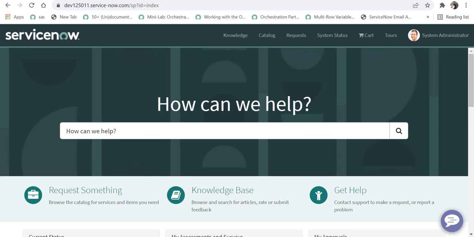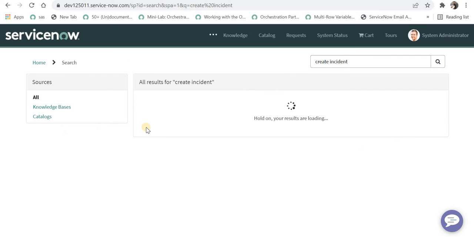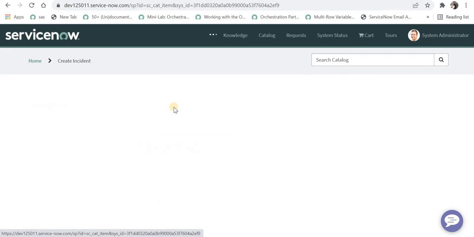This would look like this out of the box, but each organization has their own service portal which will look completely different, and there might be a direct option to raise an incident or any other request. But out of the box we'll have to type this and then search for that,